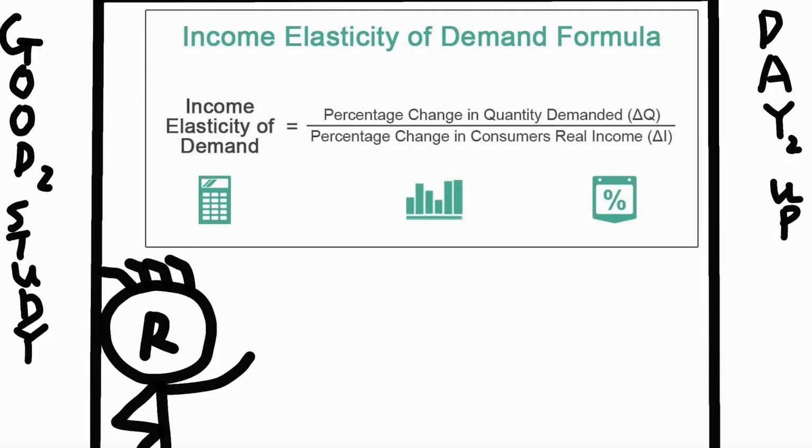On the other hand, water again is an income inelastic good because it doesn't matter how high or how low your income is, you still need to drink water every day. So in this case, the luxury brands are relatively income elastic and water is relatively income